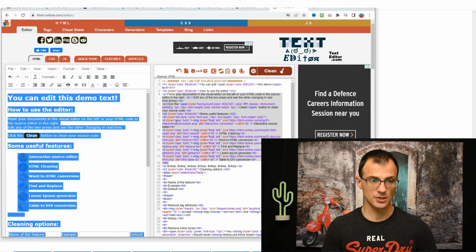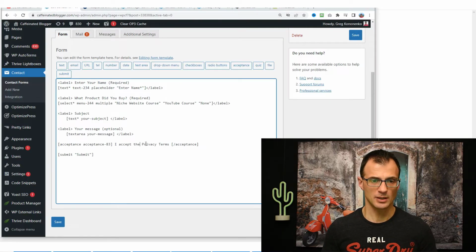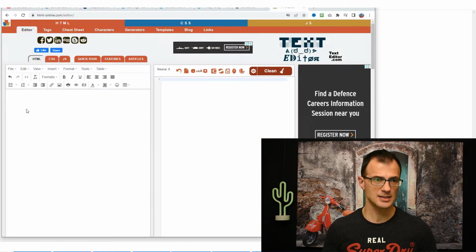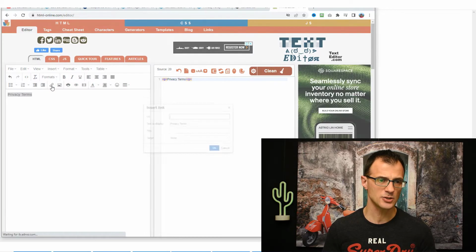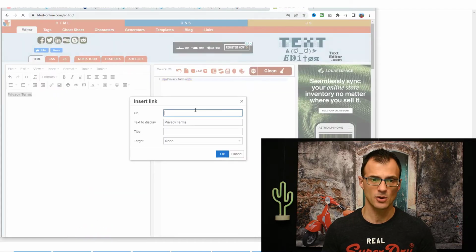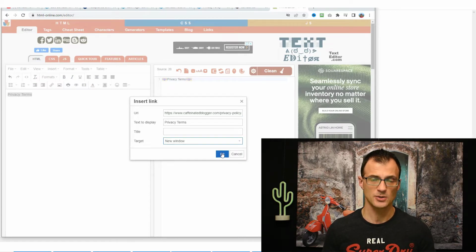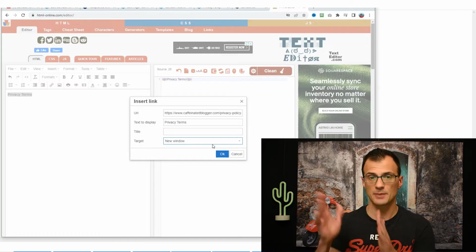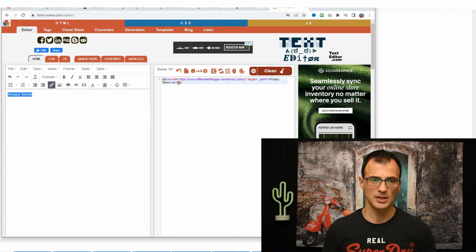So I'm just going to press Ctrl A to delete everything. I'm going to start from scratch, and we will insert these privacy terms as the text. And we will then select all of this, so highlight all of that, and we want to create a link. So I'm going to go Insert Edit Link, and for the URL, I'm going to insert the privacy policy URL like this. And for target, I want it to open in a new window, so I'm just going to say New Window, so that whenever they click that text, it actually opens up a new tab in the browser. And now let's click OK.